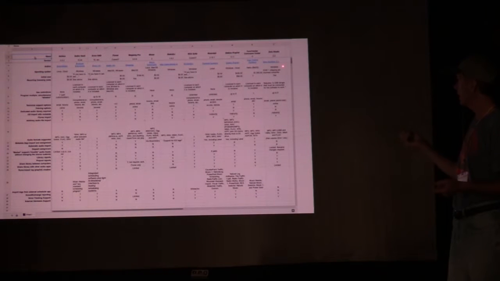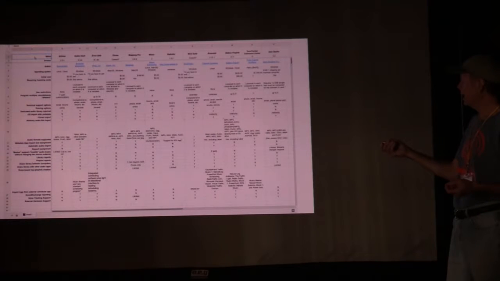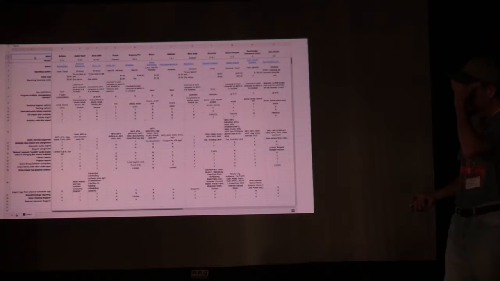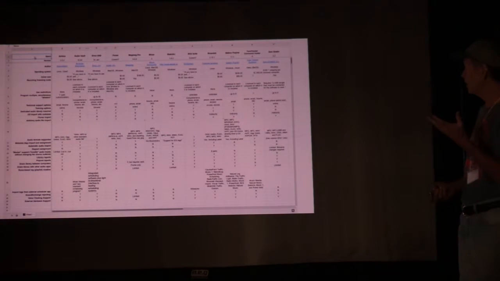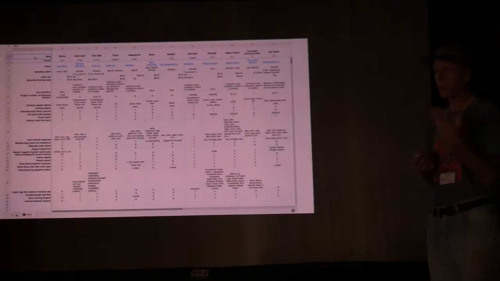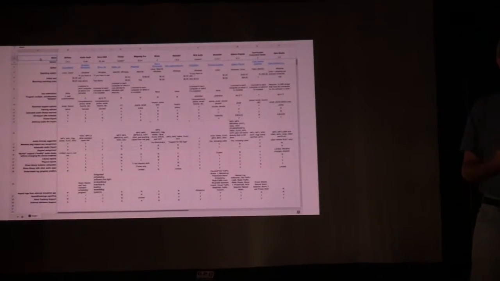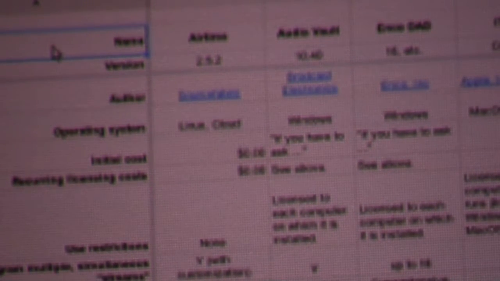What I'm going to do here is just start talking about these, but as you can see, I've got in blue the names of a dozen or so automation packages, and the bold column on the left lists some of the features that I think are important, things I should be able to use to compare different automation systems. Can you zoom in on that, Bob? Yeah, I'm zooming in.